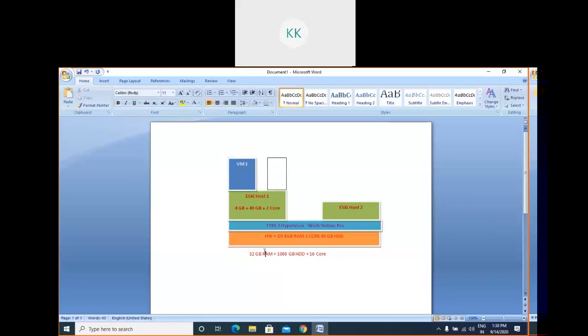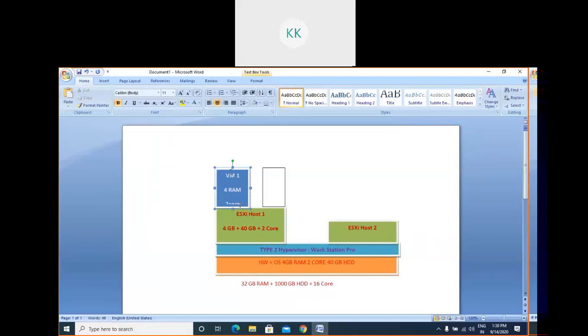Yes, 23 is left. Now I make one provision that 4 GB I will dedicate as RAM. I'm not concerned regarding the hard disk; the hard disk you have. And a minimum of 2 cores is required here also. So in this way we can go for provisioning one more.